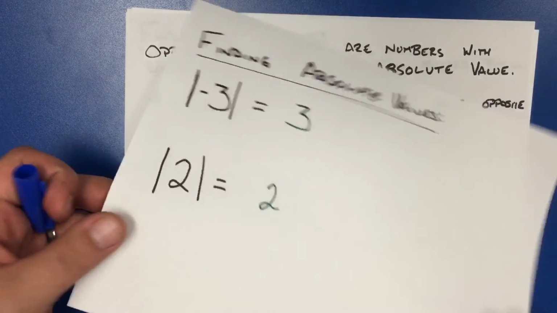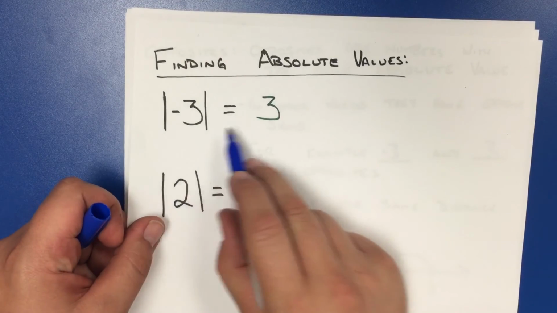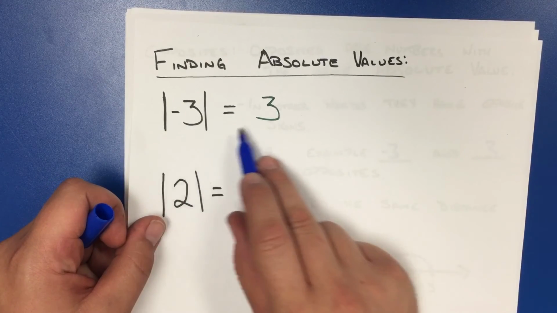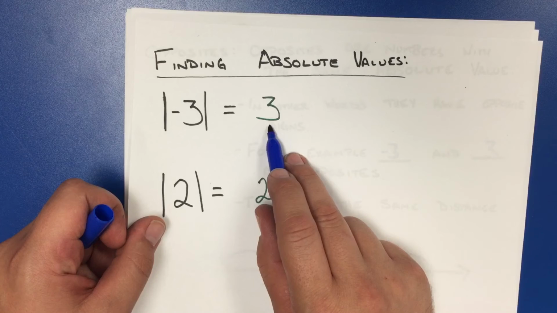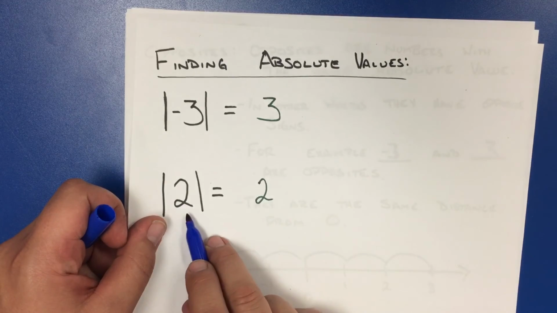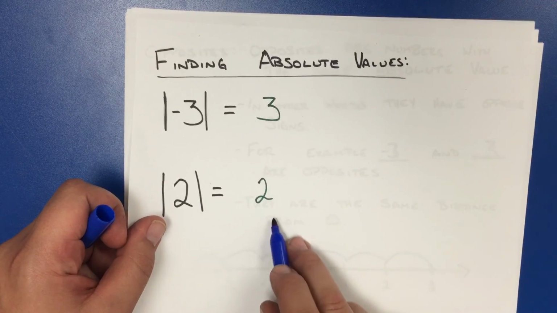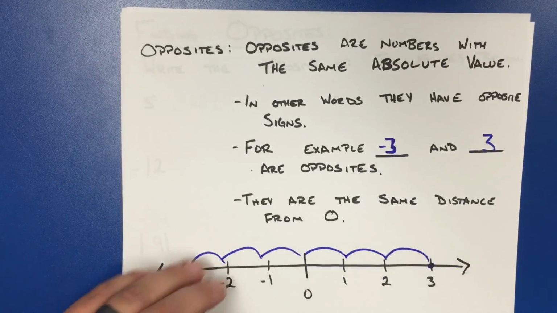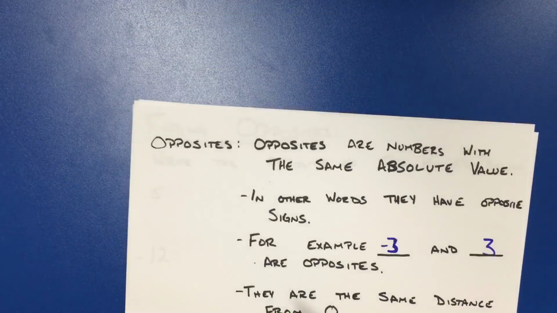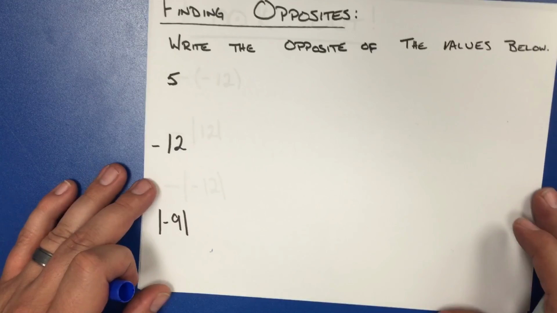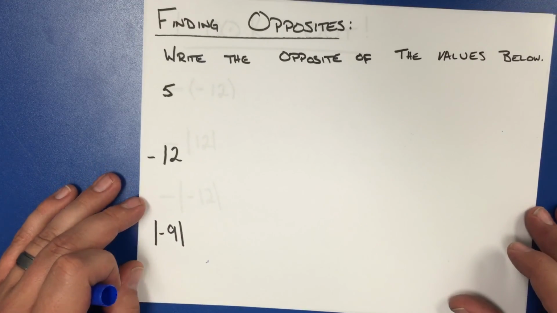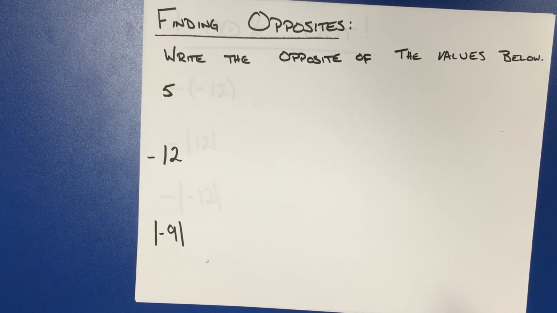So again, these are not opposites: the absolute value of negative 3 does turn to its opposite, positive 3, but the absolute value of positive 2 remains 2. So again, your book is going to ask you to find